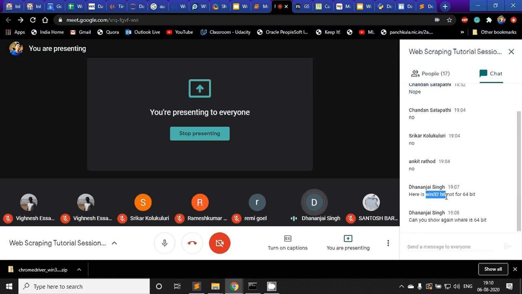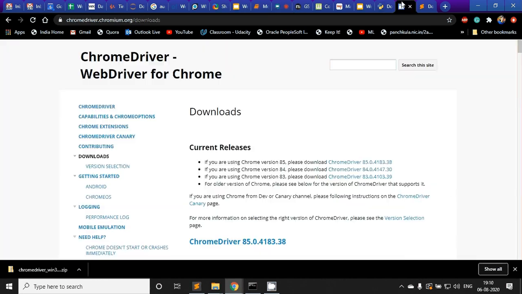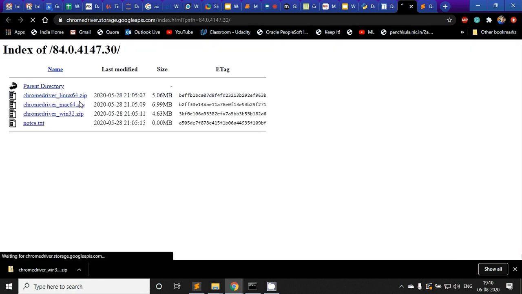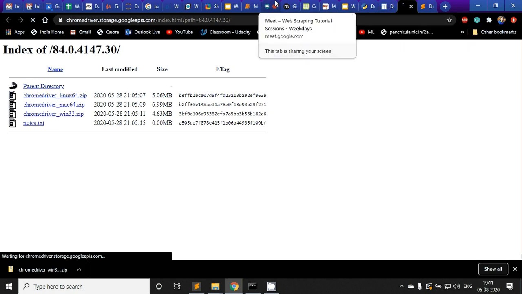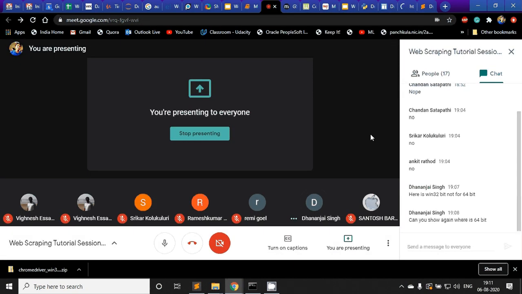Right. Okay. Chrome driver, yeah, that is fine because there is only a 32-bit version available. That is not a compatibility problem because 32-bit versions work on 64-bit as well. Anyway, we don't have any other option, so that is fine. Even I am using a 64-bit computer, but this is the only option that we have. So that is fine. Okay, sir. Should I proceed now?